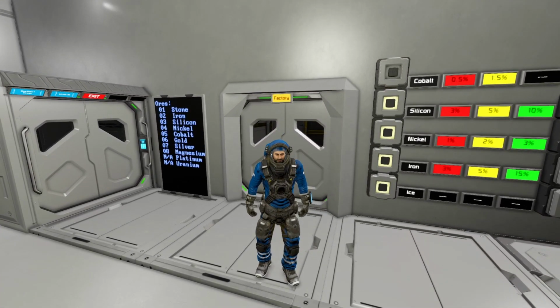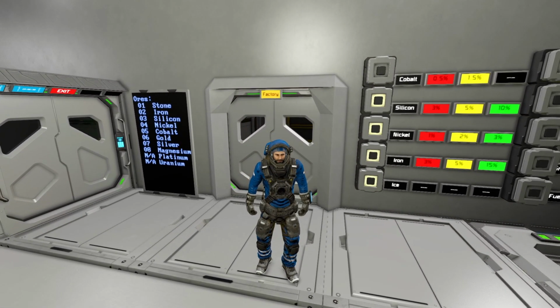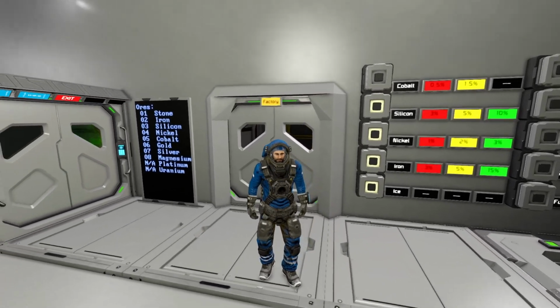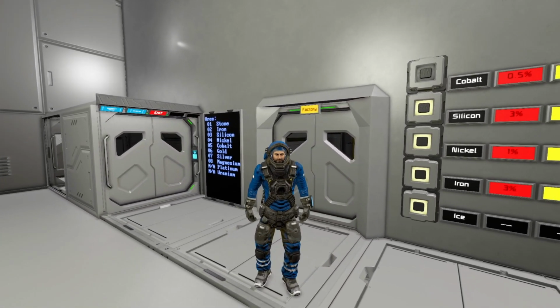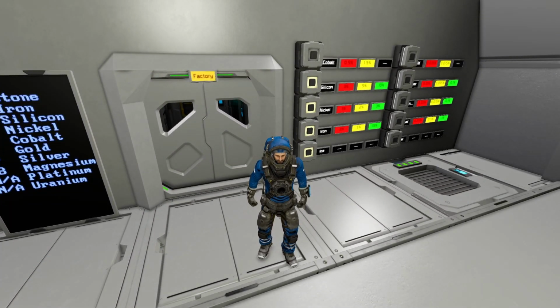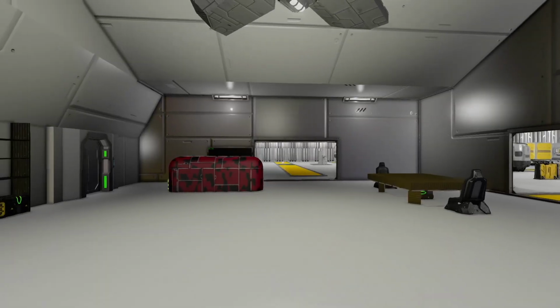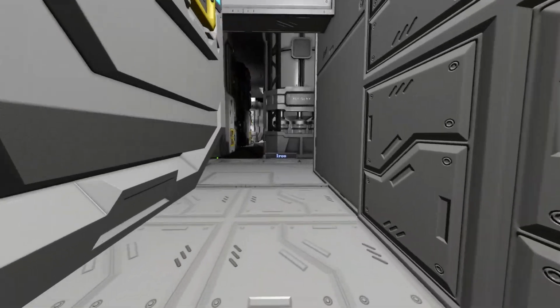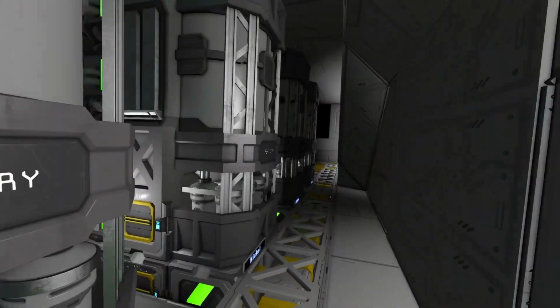Alright, we got drones, and you can see we're full up on resources. Well, as full as we need to be for now. And we got an airlock. Unfortunately, I need to do a lot of trips for ice. We need a lot of ice. But let's go back here, and while those drones are running, we will take a look at what we're going